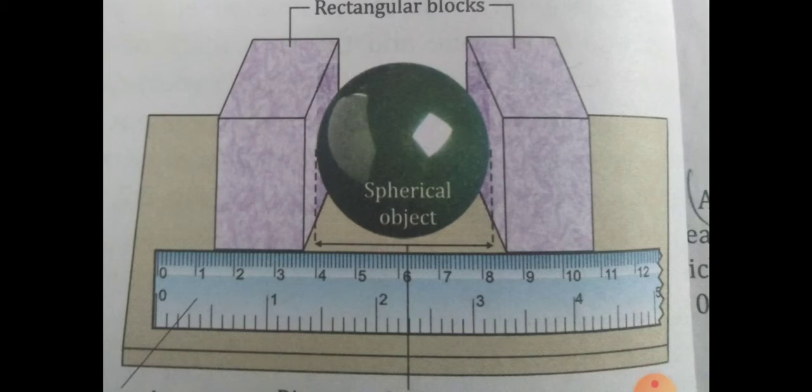So, last class we discussed measuring the length of a straight line and a curved line. We used our measuring scale to measure the length of a straight line, and we used one thread to measure the curved line. After that, we used that thread to measure its length with a scale. In this way, we measured the length of a straight line and a curved line.